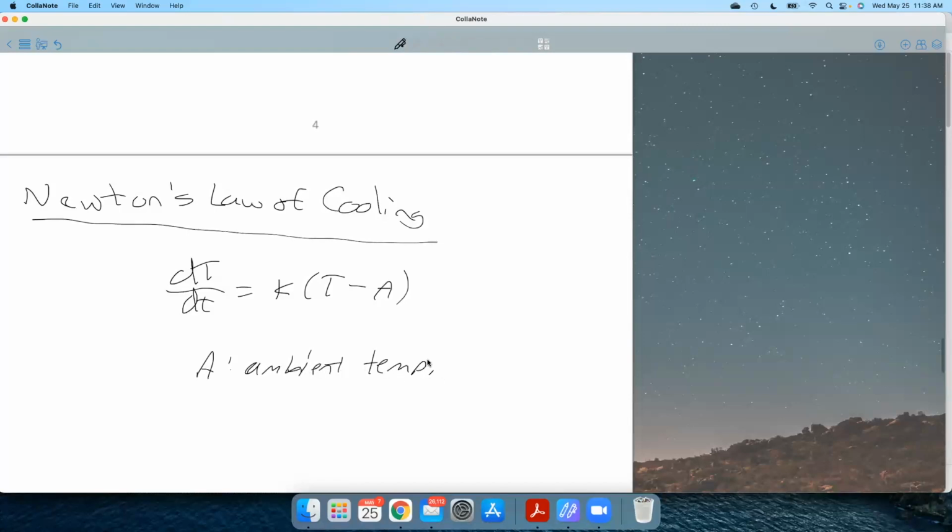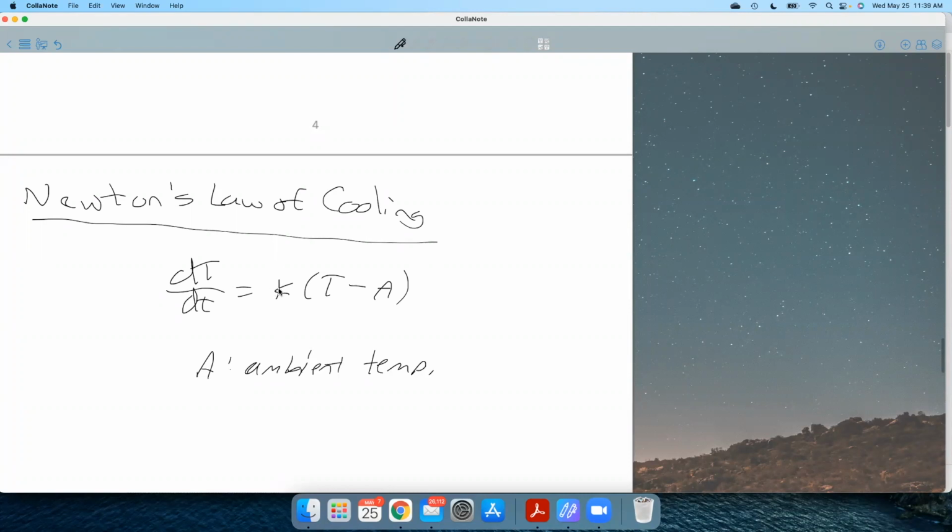So the idea is you're taking a pie out of the oven. The pie is hot, and we put it on the counter in the air. A here is the temperature of the air, the temperature of the room or whatever that you're putting your hot thing into. T is my temperature at time t. k is some cooling factor that's actually really complicated to figure out